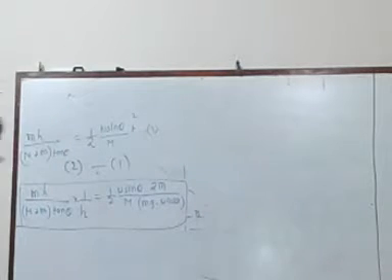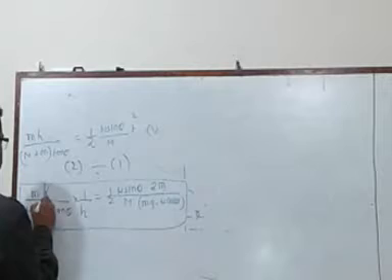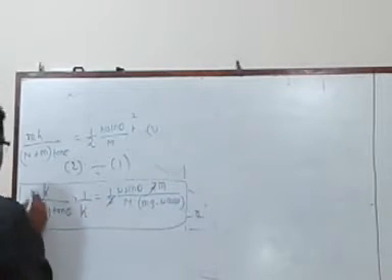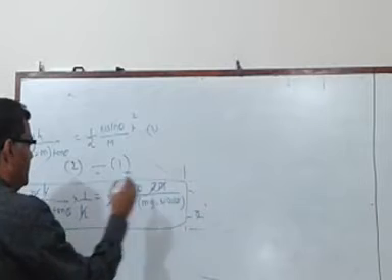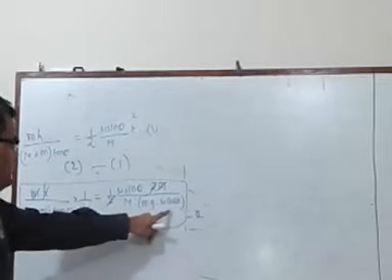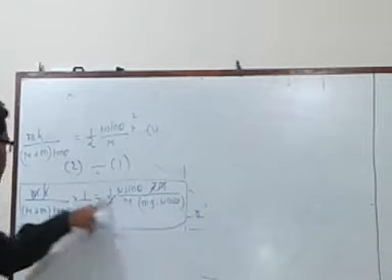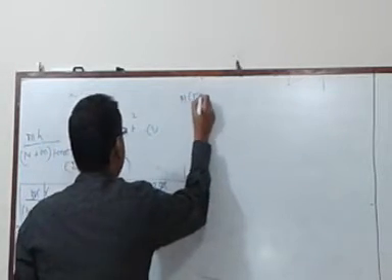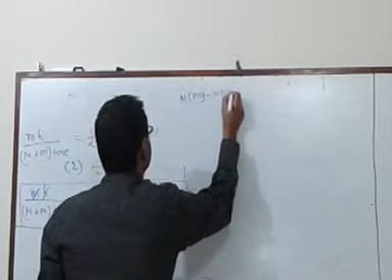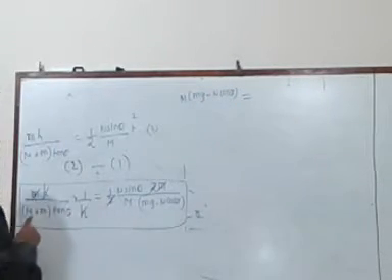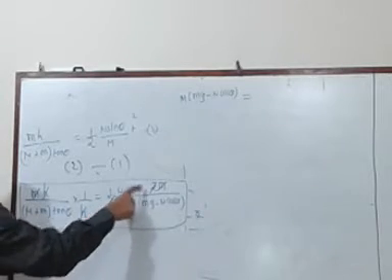This is going to be a lengthy exercise. The first thing I will do is I will cancel this h and h. I will cancel this 2 and 2. Small m and small m will cancel. Capital M into mg minus N cos theta, this whole thing will go to the left. Let us see what we have to the right. It is M plus m tan theta into N sin theta.